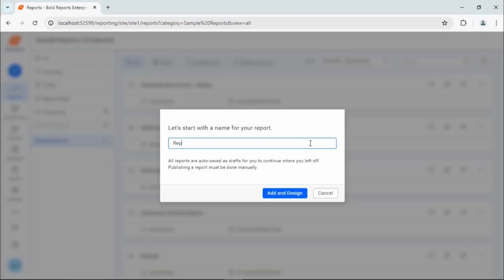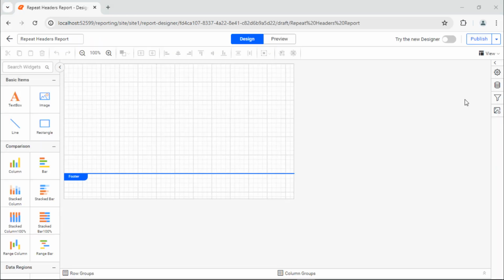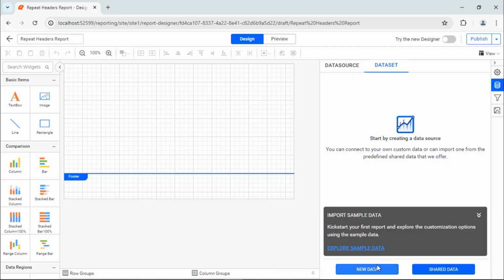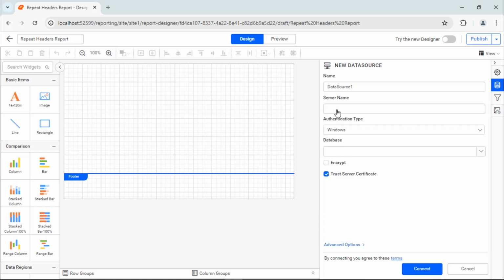First, I'll create a new report in the report server and name it Repeat Headers Report. Next, I need to create a dataset to use data values in the report. First, I create a data source using the AdventureWorks database in the SQL server